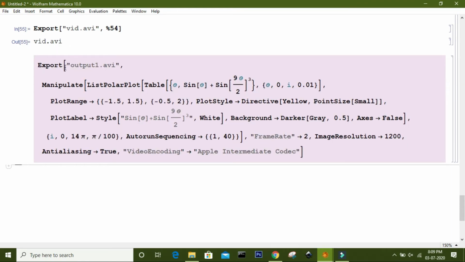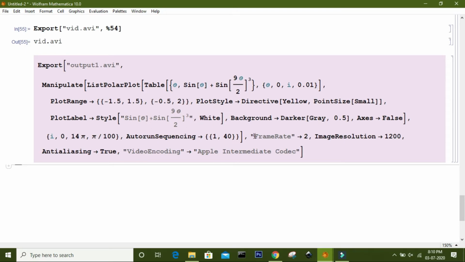So write Export, open a square bracket, and write the output file name. In my case this is output1.avi, that is, I want a file in AVI format. Now I put the Manipulate command, that is the function I want to export.